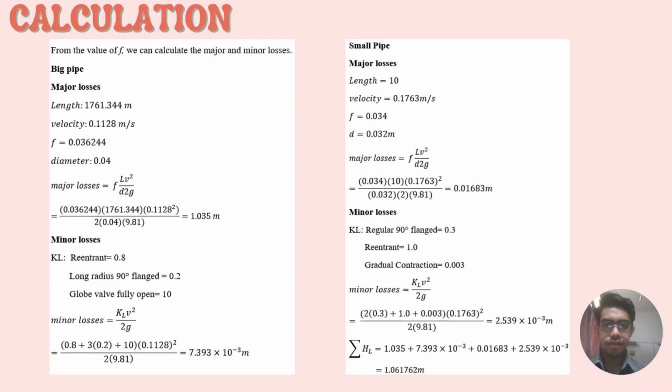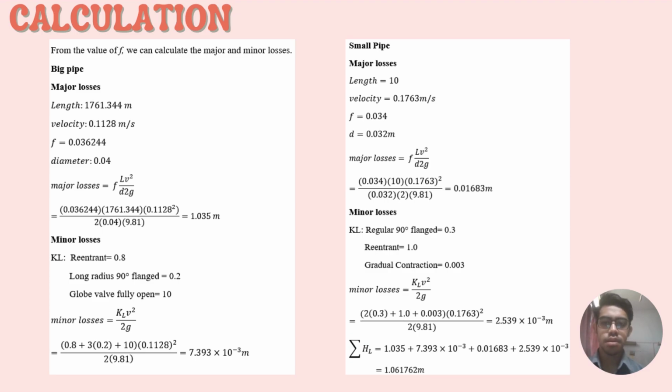From the value of f, we can calculate the major and minor losses. For the big pipe, the length of the pipe is about 1761.1344 meter, and the velocity is about 0.1128 meter per second, and the friction factor is 0.036244, and the diameter of the pipe is 0.04. We can calculate the major losses by using the formula f L V squared over D 2g, and we get